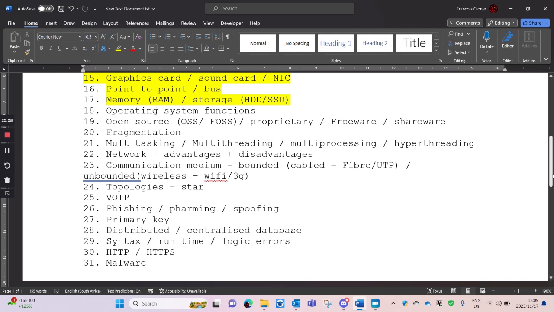Speed wise? Memory is faster, storage is slower. If we look at size-wise, memory is smaller, storage is bigger. If we...